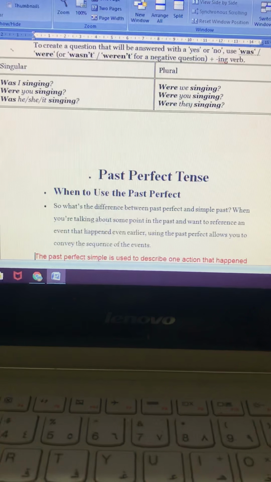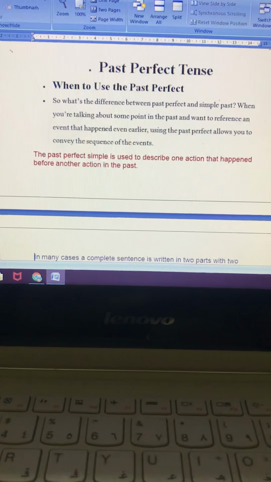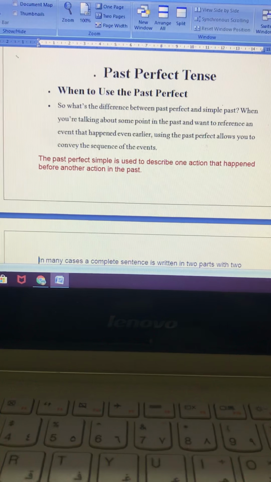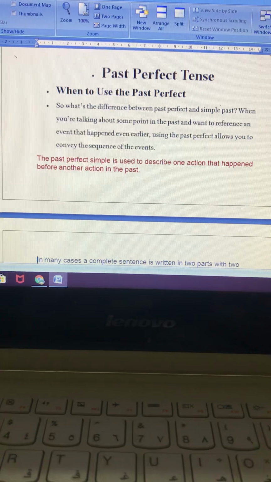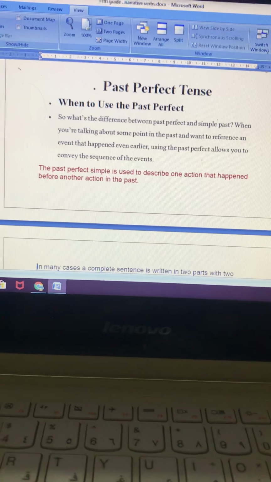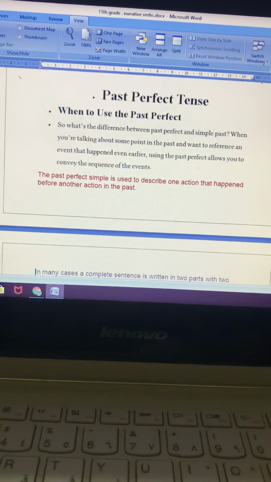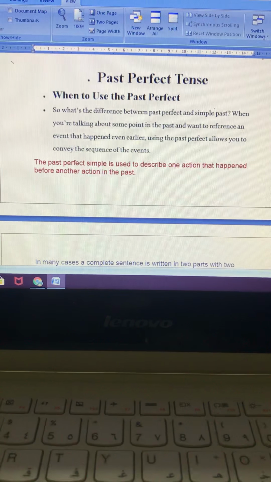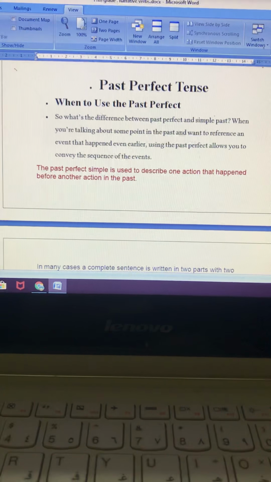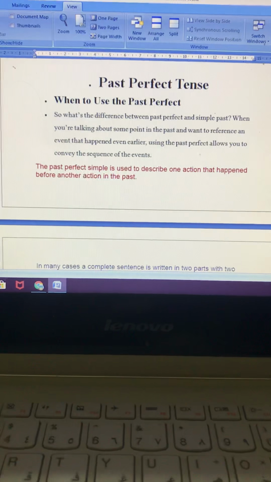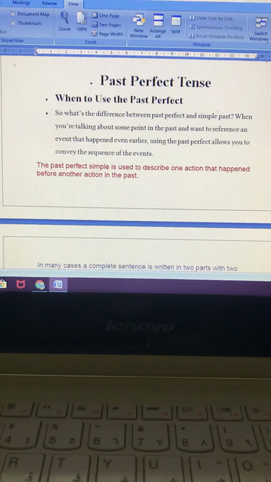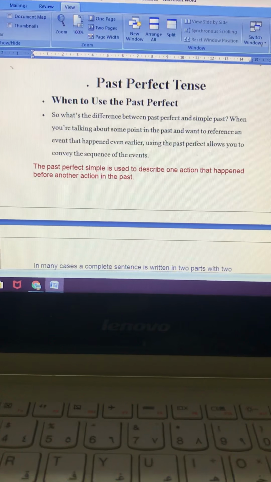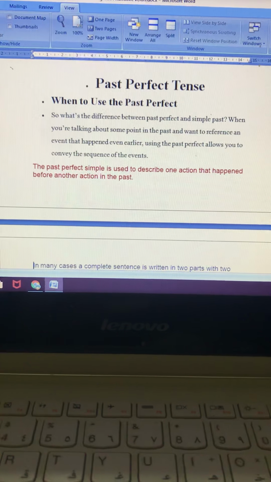Let's move to the past perfect tense. When to use the past perfect? Please be careful with these red lines here. We have two red lines. The past perfect symbol is used to describe one action that happened before another action in the past. The main idea is that we have two actions, both of them are in the past, but one of them happened before the other. The first one in the past perfect and the other one will be in the simple past,